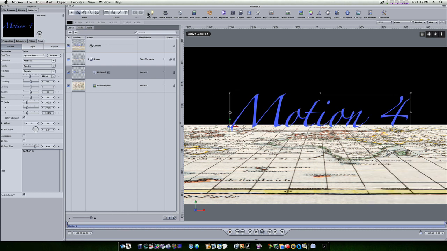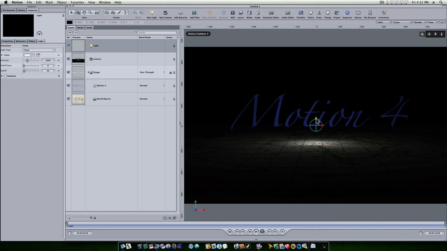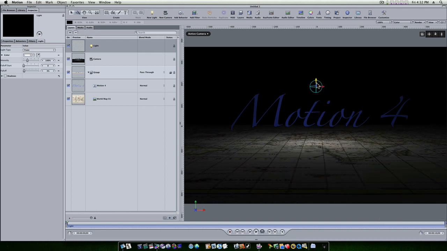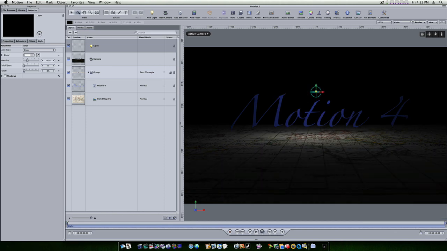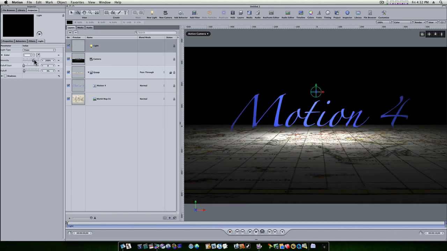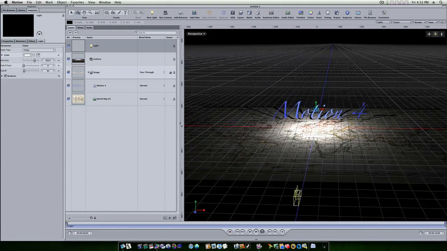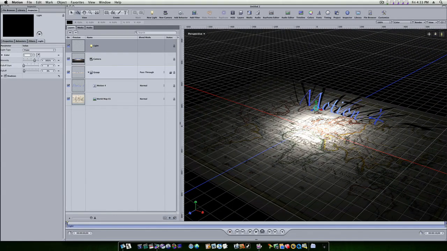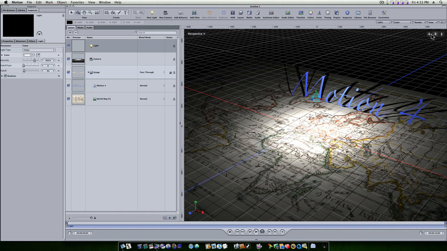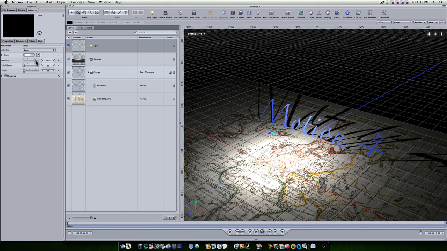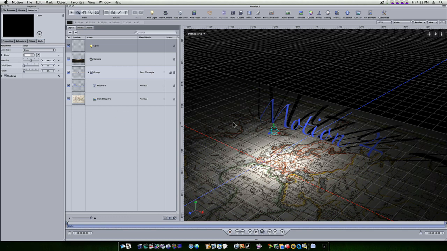Okay, now let's add us a light. Okay, now we have our light here. Let's take it a little bit forward. Bring the intensity up a little bit. Like that right there. Looks good. And we're going to click the little button under the light that says cast shadows. Cast shadows. And now, as you can see, let's go to our perspective view here. You can see our Motion text. Let's turn the intensity down of our light a little bit. You can see our Motion text now is casting